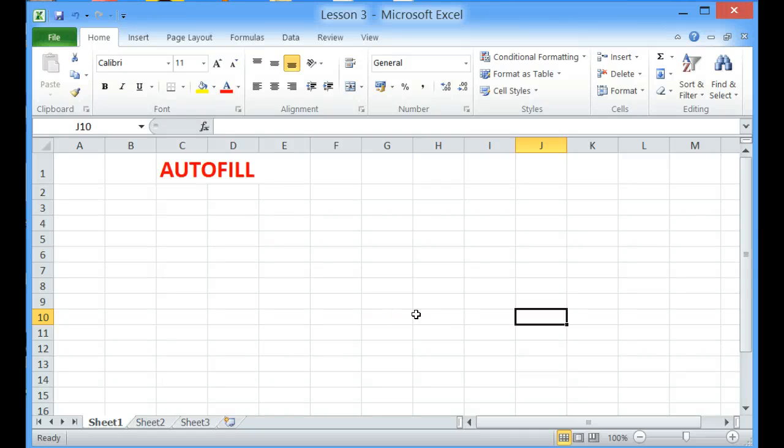Welcome to Lesson 3 of Microsoft Excel 2010. In this lesson, we will look at the Autofill command. Autofill allows you to automatically fill cells with preset data. For instance, if you need to add the days of the week to your spreadsheet, you can do so using